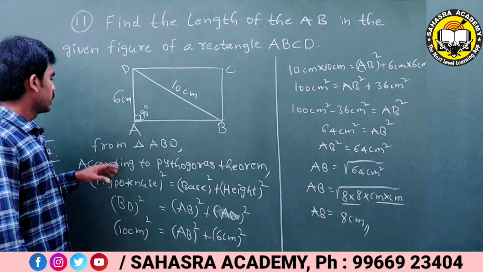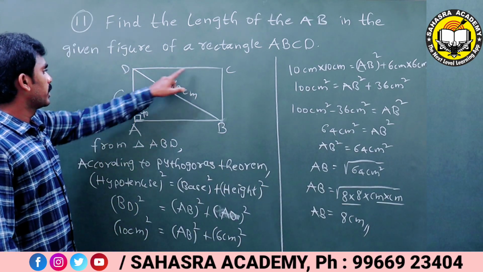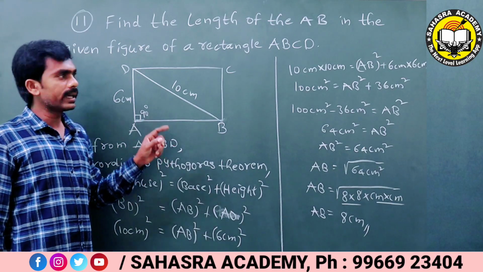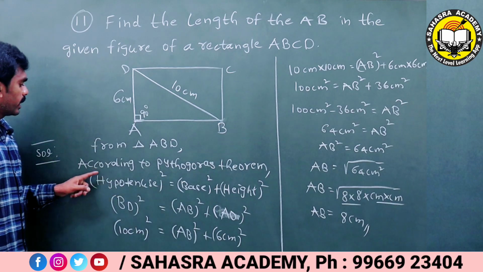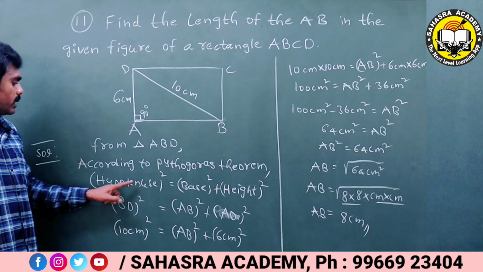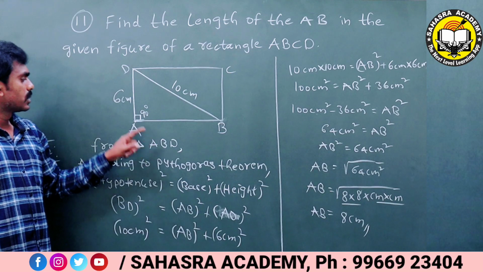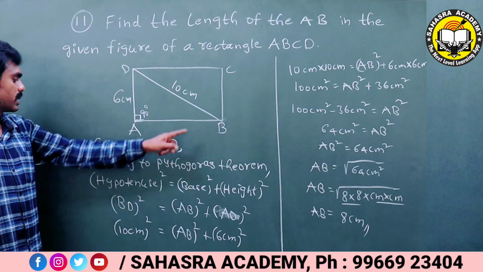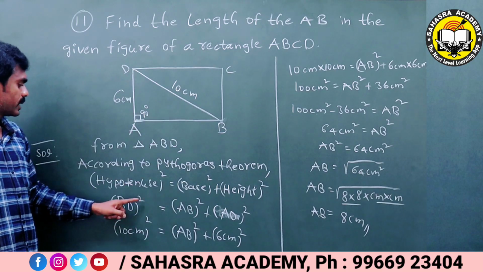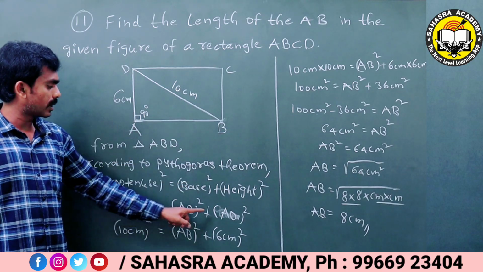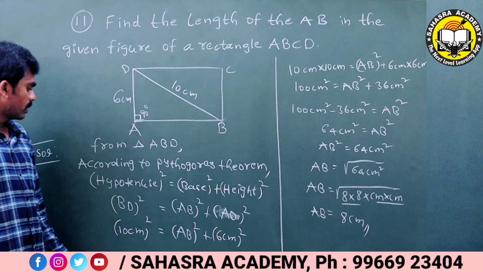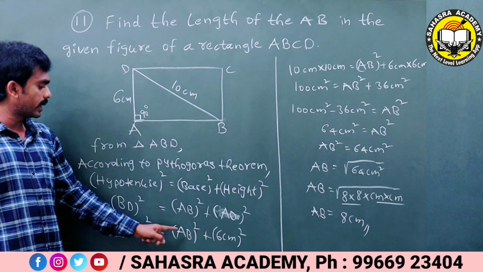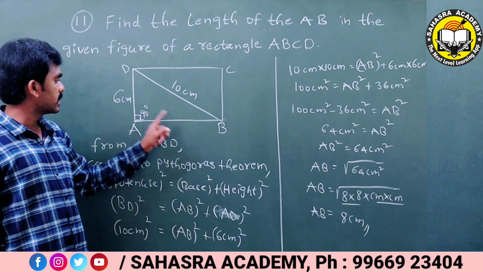Okay, see here, just simply from this figure we will take triangle ABD. So triangle ABD is a right angle triangle. So according to Pythagoras theorem, hypotenuse square equal to base square plus height square. So here AB is the base and AD is the height. So hypotenuse is BD. So hypotenuse square BD square equal to base AB square plus height AD square. Okay, so BD is given 10 centimeter here. 10 centimeter whole square equal to AB, we need to find out, AB square plus AD is 6 centimeter whole